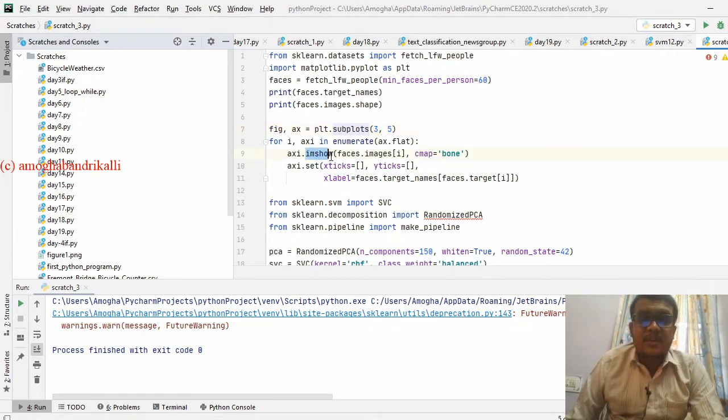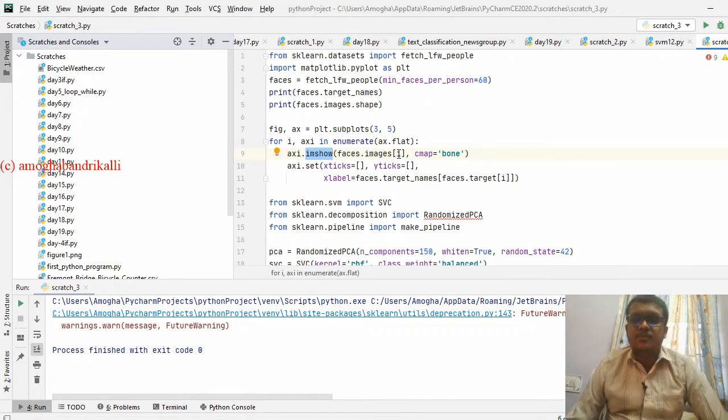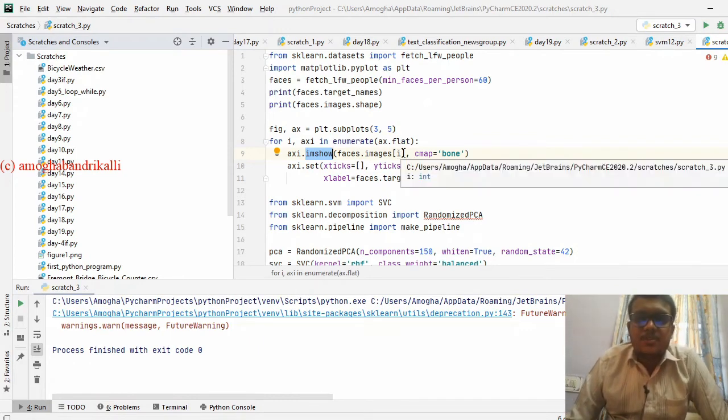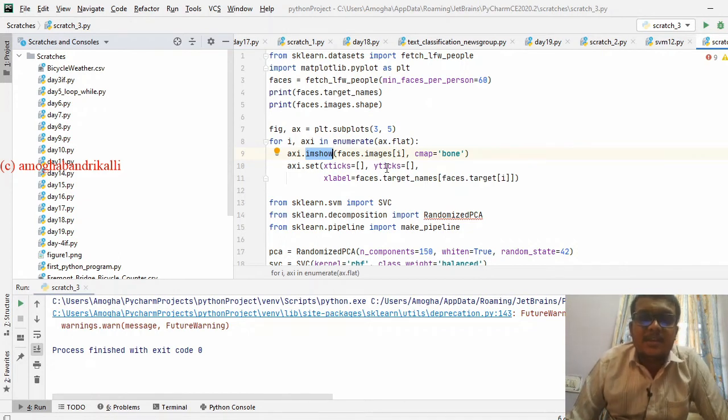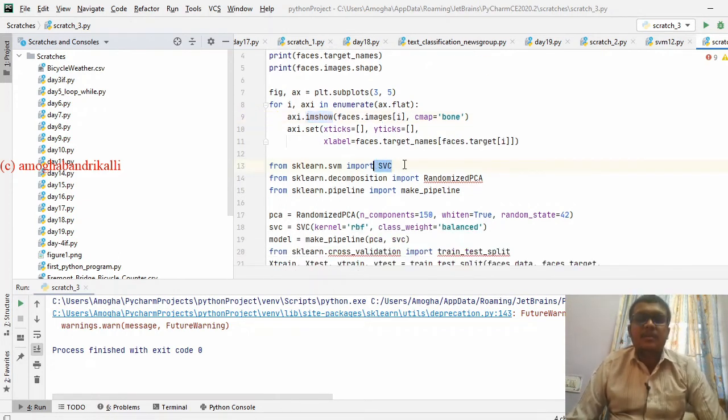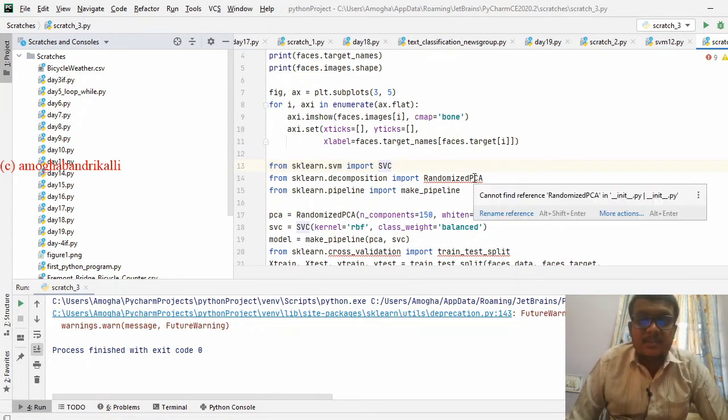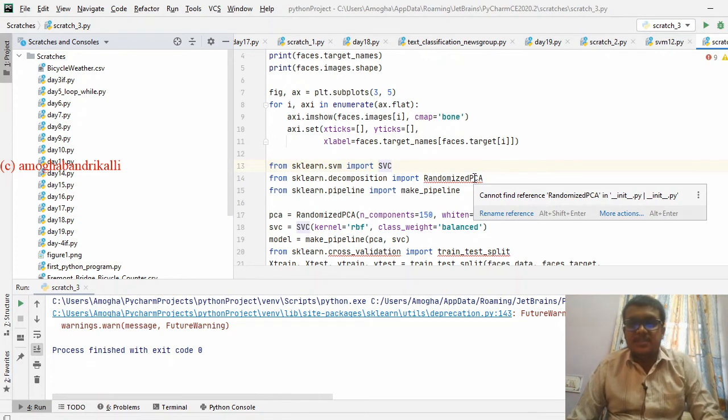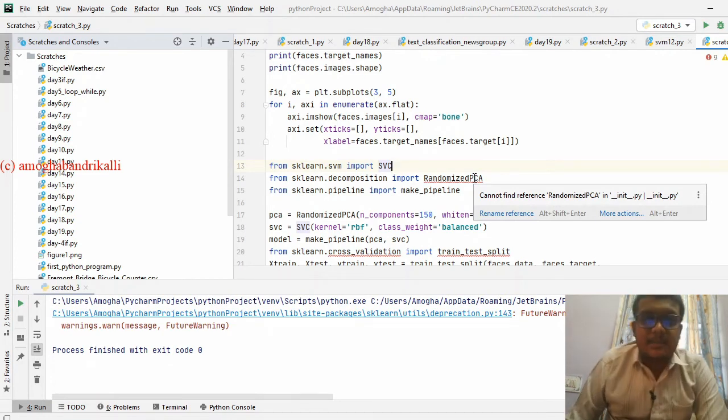We use the command imshow, taking the images present in faces.images, with i as the index, starting from ax.flat. So 15 images will be displayed here. Then we take the support vector classification, and the decomposed PCA, that is randomized PCA.